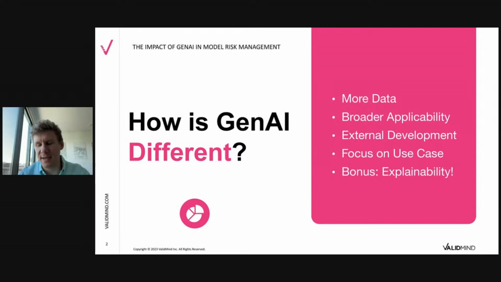So you could say that in classical AI, you were dealing with small data, and we often didn't feel that way because it was still a lot of data. But now the magnitude of data that goes into the training set is much, much larger. This ties in very much with the use. So how are these models applicable? And again, in classical AI, you really had these niche uses. So you might have a model for fraud detection, or a model for marketing, or a model for credit lending,